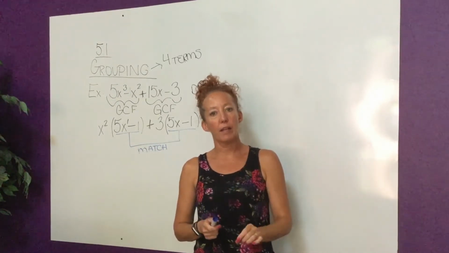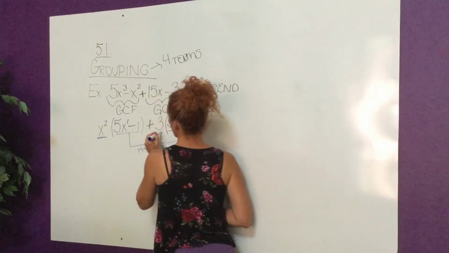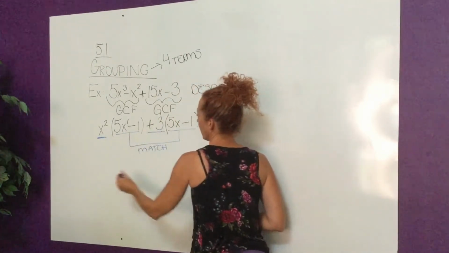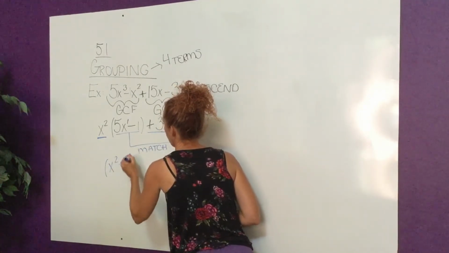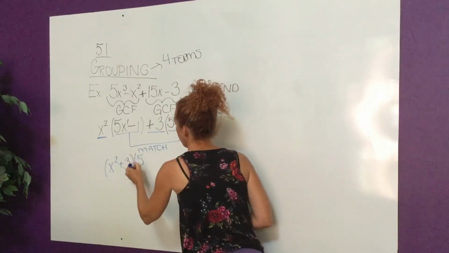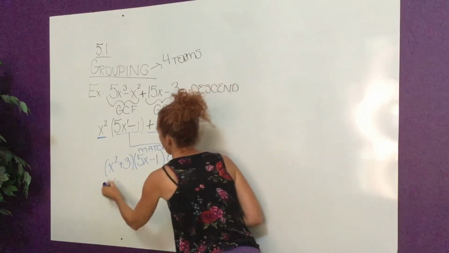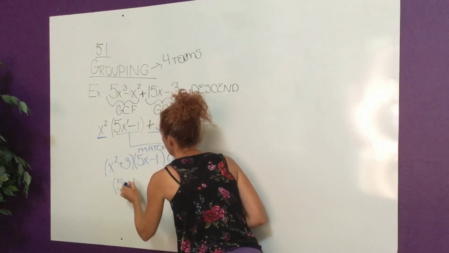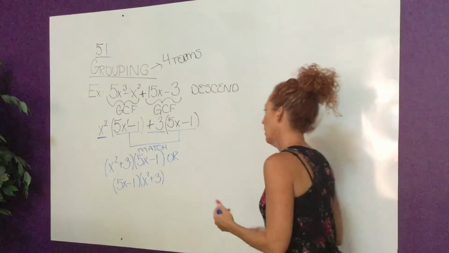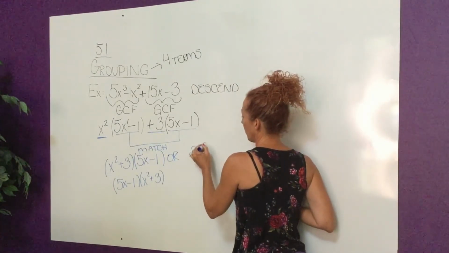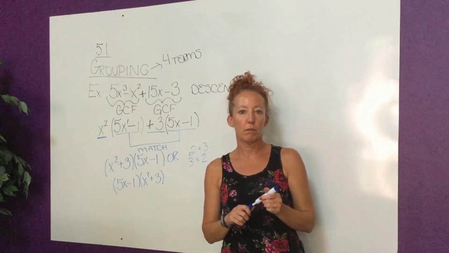And when they match, here's what you do. You write this as its own parenthesis. So you're going to have x squared plus 3, and then behind it, 5x minus 1. Now, technically it doesn't matter which order you write these factors in. It's just like how 2 times 3 is the same as 3 times 2. It doesn't matter at all. All right,